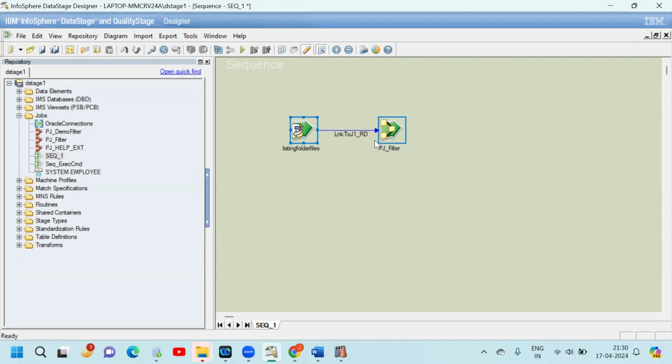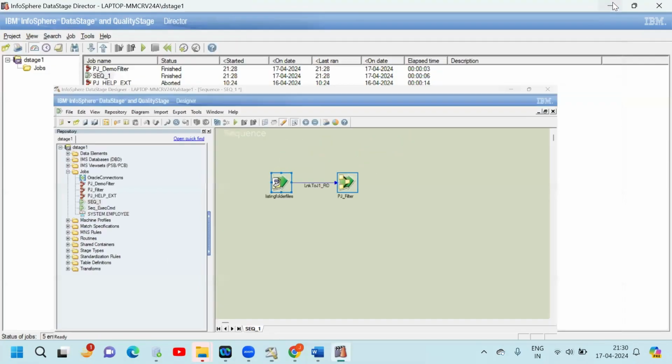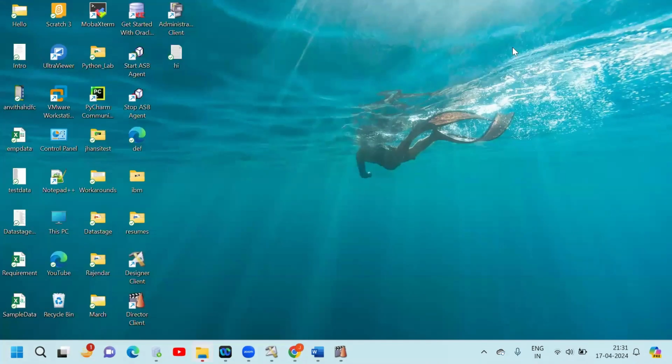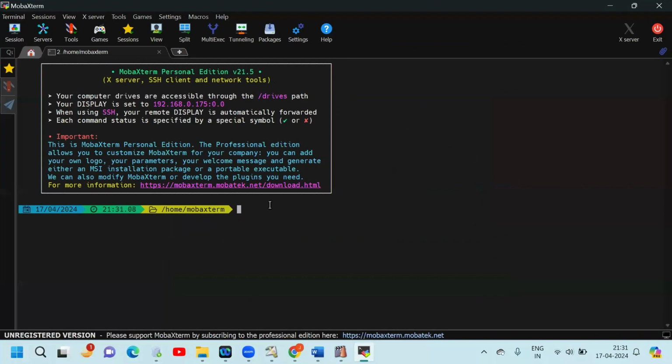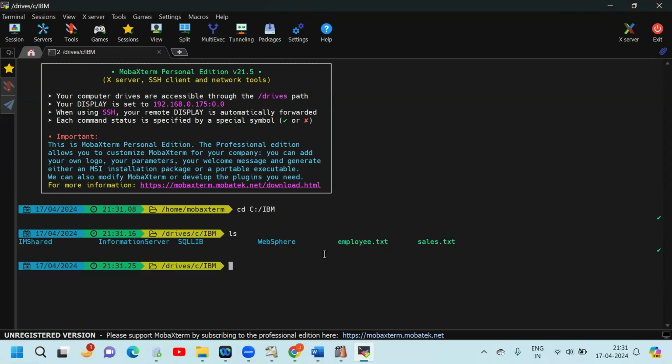So we did not check the output of the command line, right? Let's check whether the files are created or not. Where we are going to check is, let me connect to this Unix. So first we need to change the directory, right? cd c colon IBM. So we are in the IBM folder now. I'm doing an ls. ls is going to give the list of files. So you see,